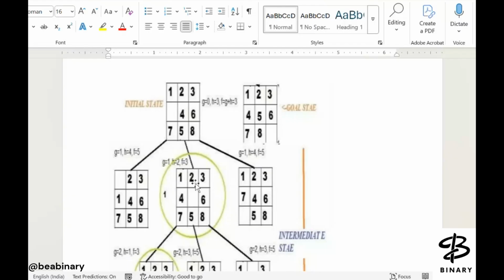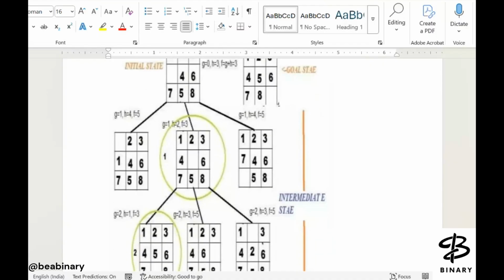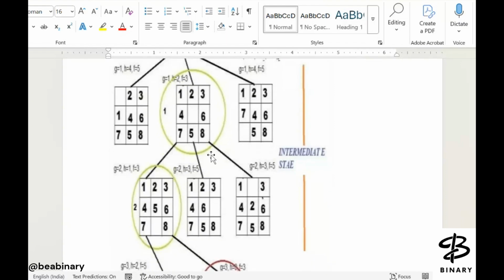So after observing all these 3 states, you observe that somewhere you have achieved your goal state first position 1 2 3 and the 4 6 and the 7 5 8। So you circle that state and you understood that after performing a particular move कितने कम moves करने पड़ेंगे आपको second वाली state में। तो you choose that second state, आपको पता चला if you move a particular 5 to the top and blank to a bottom, you will be very nearest to the goal state within one move only।